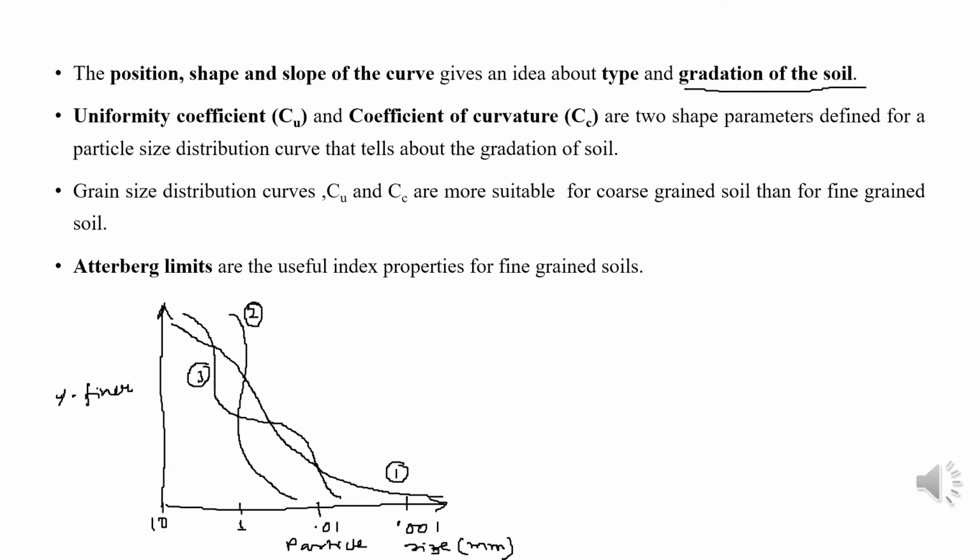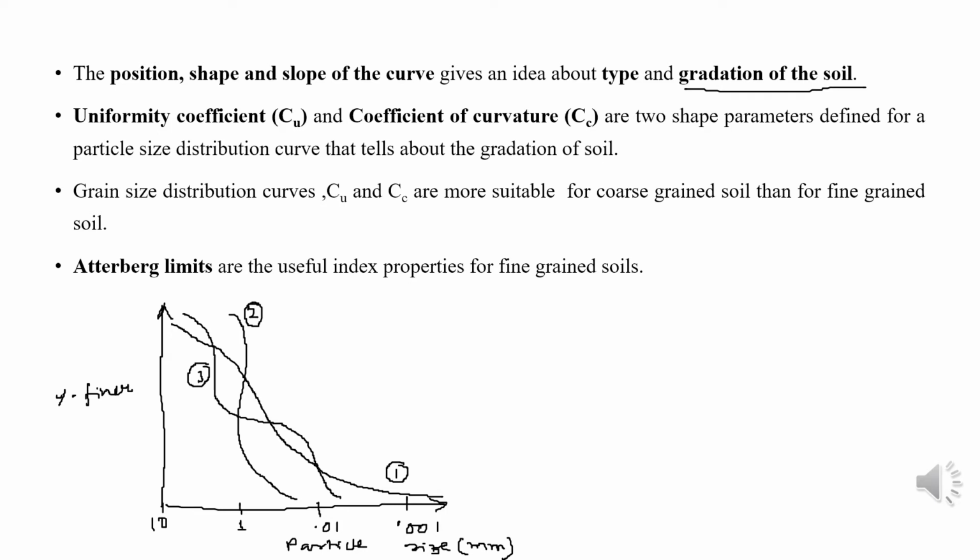So this would represent a fine grain type of soil, whereas curves which are situated more towards the left, we can see that the particle size is increasing towards the left, as we see the graph. So towards the left, it represents a coarse grain type of soil. Okay, now